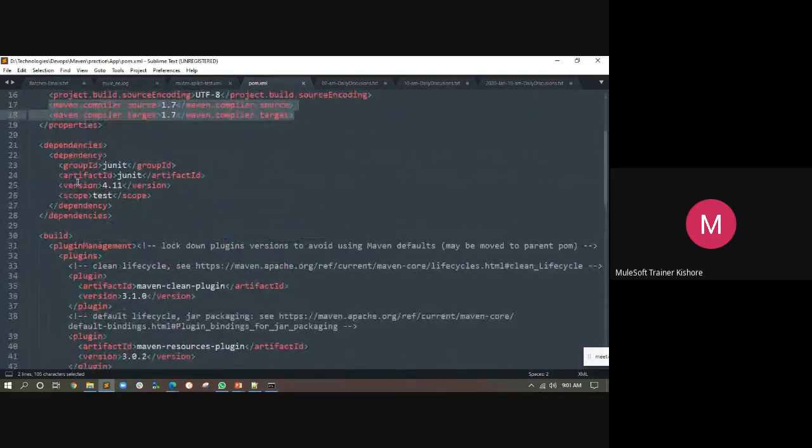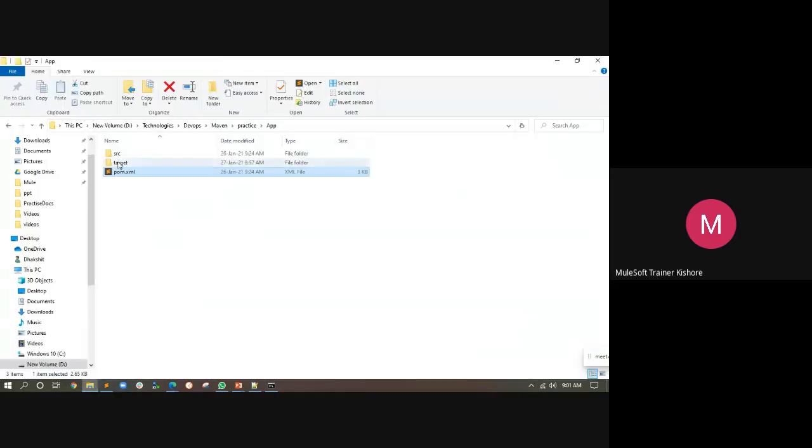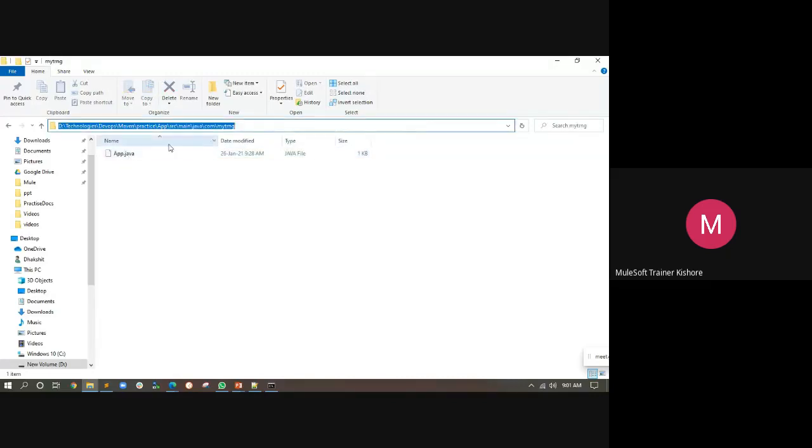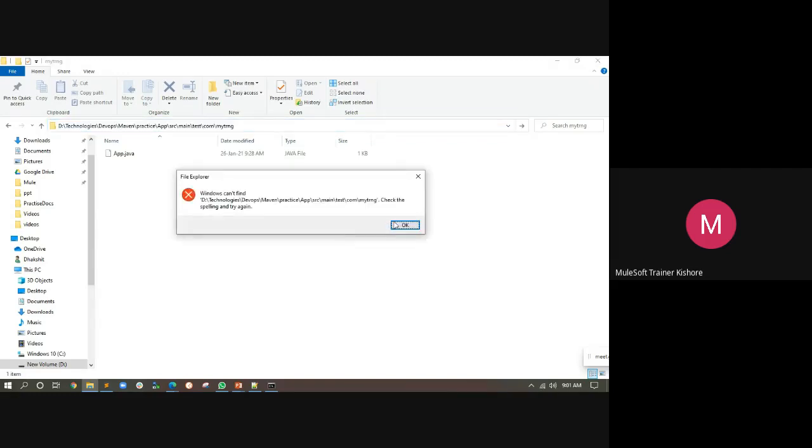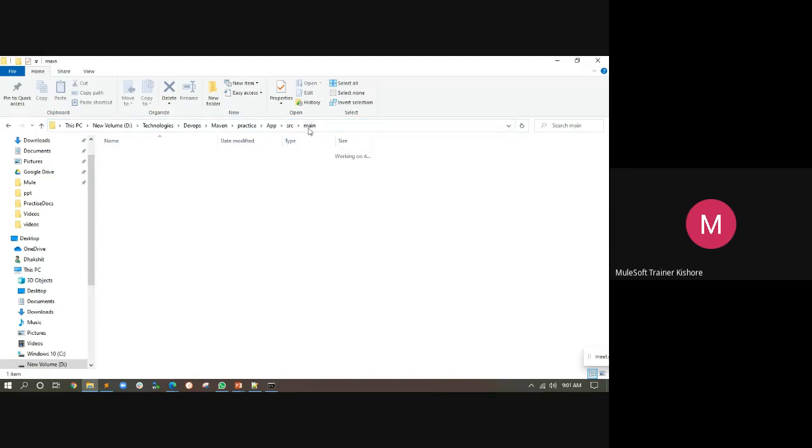And what was the dependency it was using? So we have JUnit automatically generated in this file. A Java class has been written automatically, by default in src main Java. Let me put the test here, so it will go to src main test. No, not src main test, src test Java. Here it has written a JUnit test.